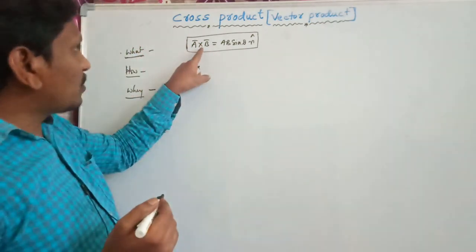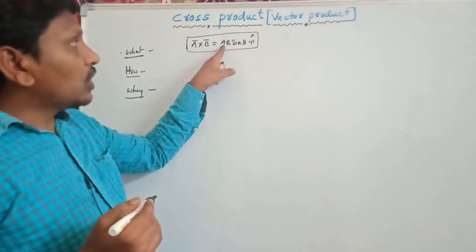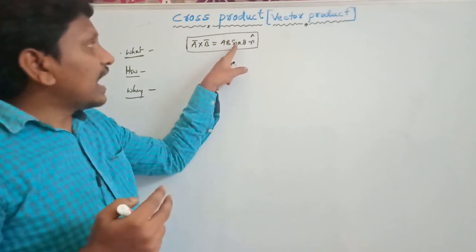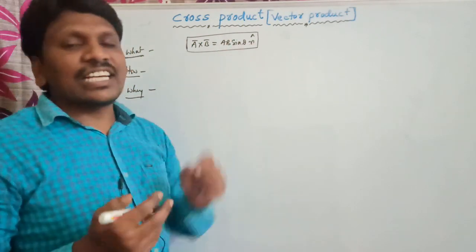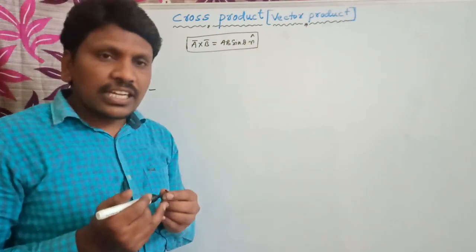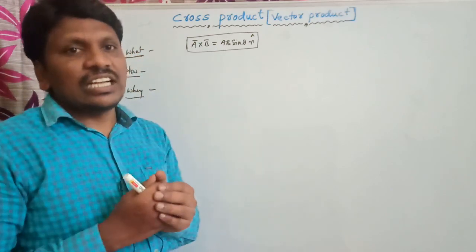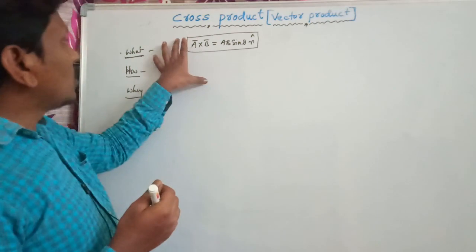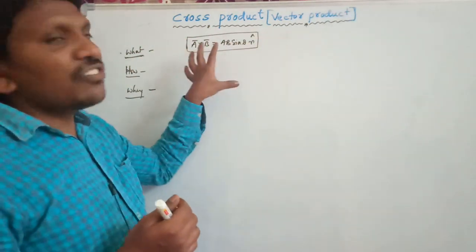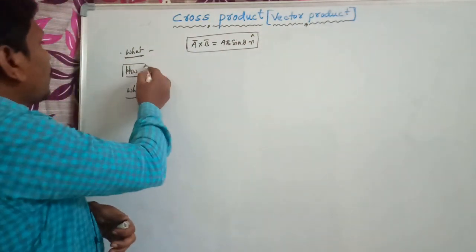The cross product of two vectors is equal to the product of the magnitudes of the two vectors and the sine of the angle between them, in a specified direction. This n cap represents a unit vector which we use for the specific, single direction. So this is how we understand what the vector product is, and what the definition of the cross product is. How is very important in our physics.